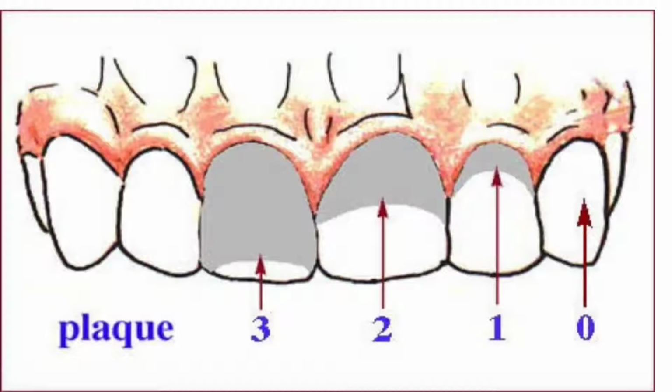So, 0 means there is no plaque. 1 means a thin film of plaque adhering to the free gingival margin. 2 means moderate accumulation of soft deposit within the gingival pocket. 3 means abundance of soft matter within the gingival pocket. Now,